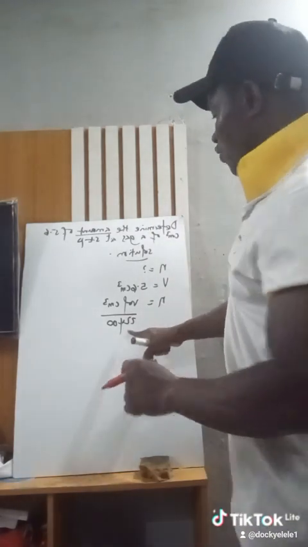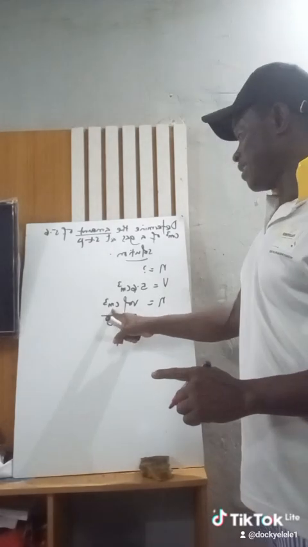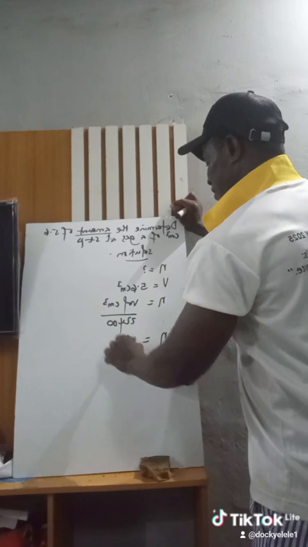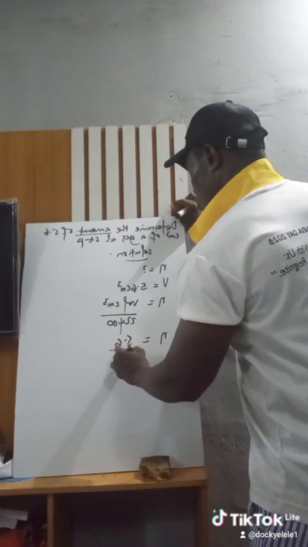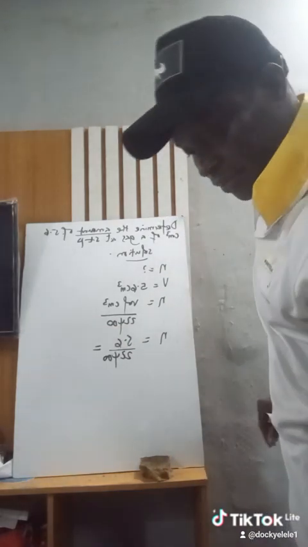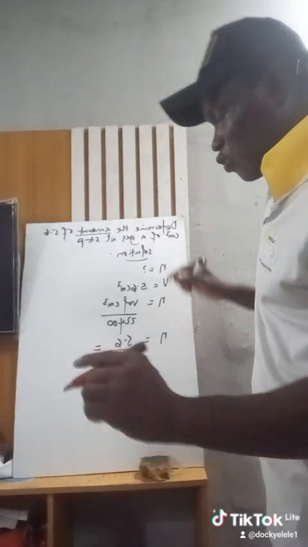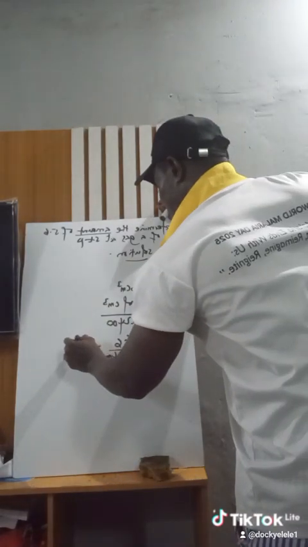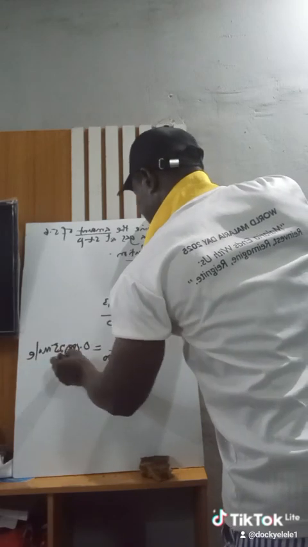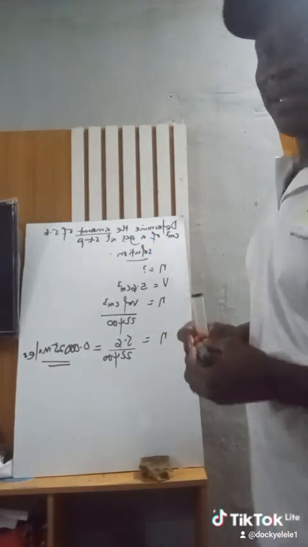Why am I using 22400? Because the volume given in the question is in cm cube. So number of moles will be 5.6 over 22400 cm cube. And if you do the math, it should give you 0.00025. That's 0.00025 mole. That is the answer. Remember that the